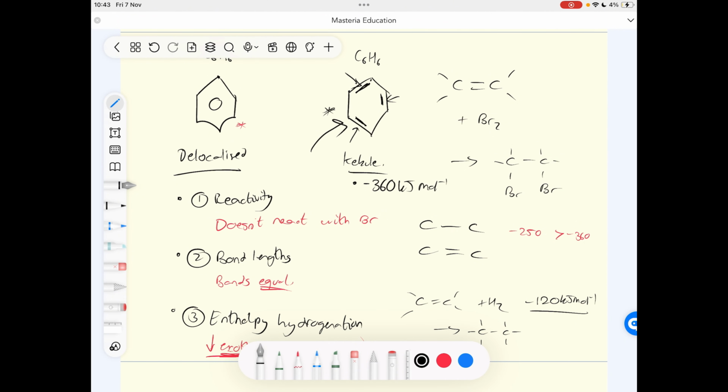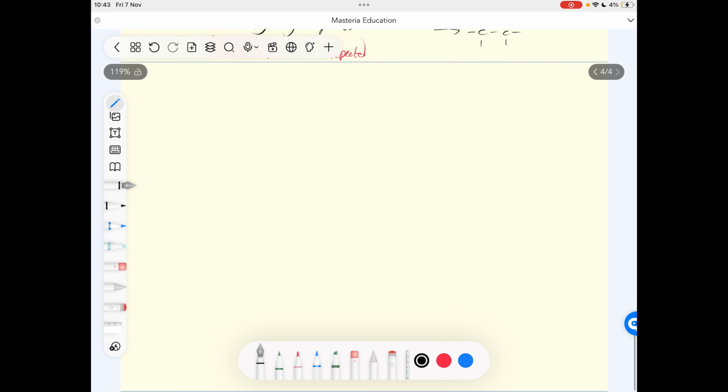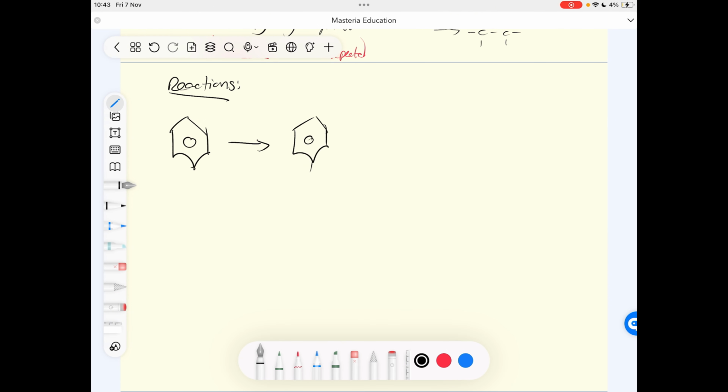enthalpy of hydrogenation. The next thing you need to be aware of with benzene is benzene's reactions. Now, all of benzene's reactions happen the exact same way, which makes it a bit easier. To show you the reactions, I'm going to show you one which is universal across examples, and that's basically going from our benzene into nitrobenzene, which is here. Okay, so this will be the first reaction I show you, and this is universal across examples. There are a couple others which are more unique to specific examples, which I'll also show as well, but